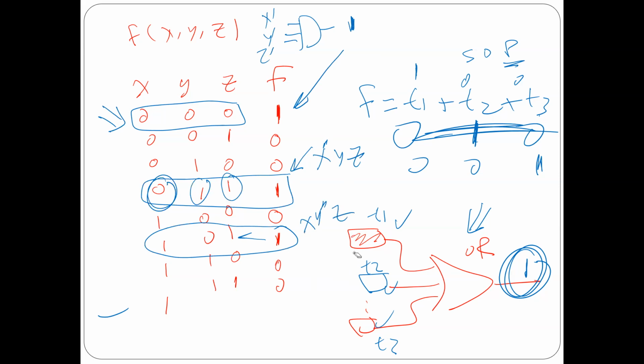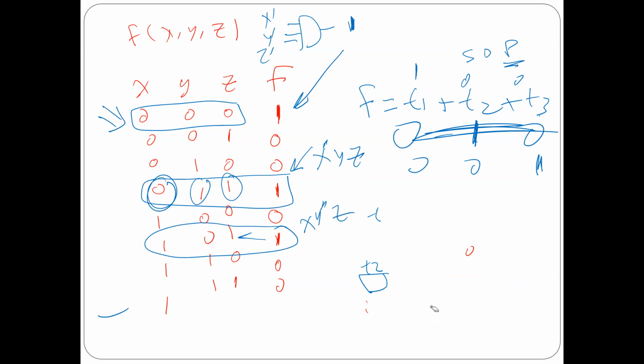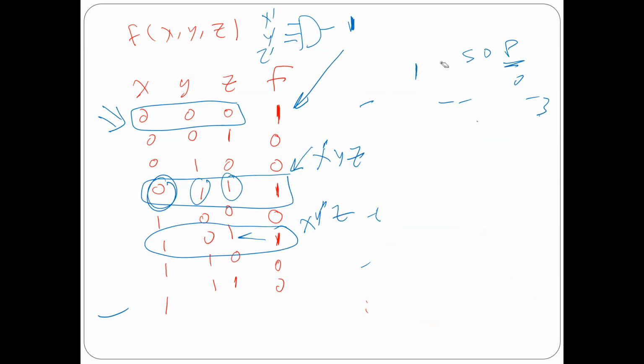Okay, so let me clear everything here. So anyway, I explained the logic behind it, why we made it this way. I don't want you to just memorize. I can just explain to you how to do it, okay? But I want you not only to know how to do it, but also why we made it this way. Okay? So now I can say my function is, let's take the first one here,